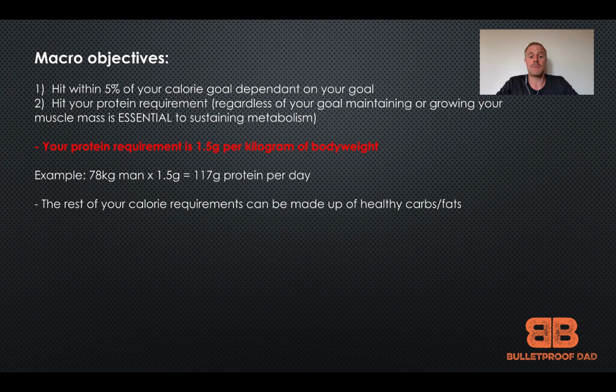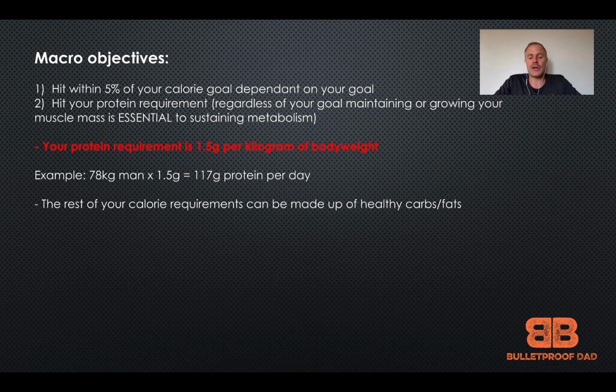My second priority is to make sure to get 117 grams of protein in per day. Okay, the reason why I want to do that is because even though I want to lose fat and I want to trim, I want to be able to maintain my muscle mass. And if I'm maintaining my protein intake, it means I'm going to maintain my muscle mass whilst I'm losing the fat away. I won't grow the muscle necessarily, but I'll certainly maintain it, and I'll look really good once I've actually shredded away the fat that I want to get rid of.